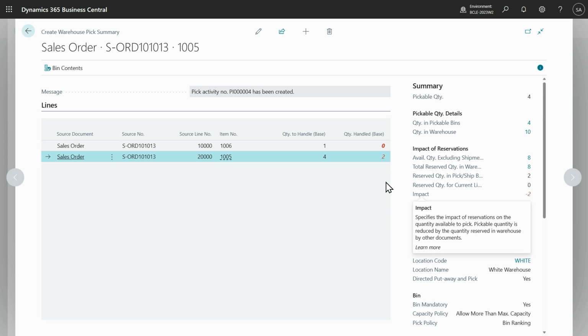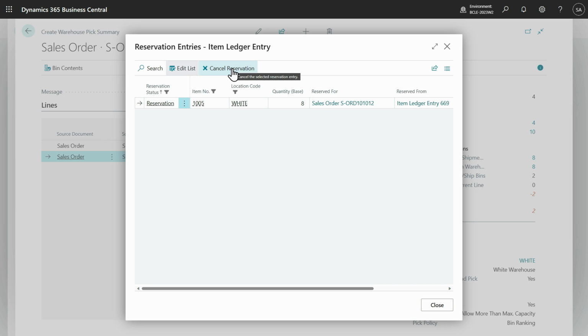All right, so in this case, I have 2. So the system already created pick for 2. How can I get unblocked if I really need to pick this stuff? I have 2 options. I either reserve this sales order, then it's reserved against reserved. There is no prioritization conflict, so this one can be processed directly. Or I will go and cancel the reservation,